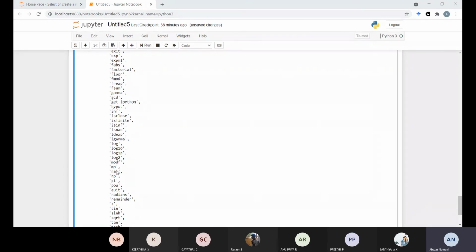If a module is installed or deemed unnecessary, then we can uninstall it. On the other hand, if you use from math import, we cannot remove all functions at once; we have to remove those individual functions separately. We cannot remove them in a single instance, so individually we have to remove them.